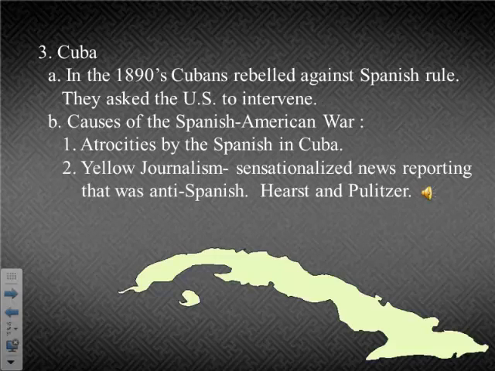Cuba is right off the coast of Florida, and Cuba had been controlled by Spain for hundreds of years, and they were rebelling against Spanish rule. And so they asked the United States, and the United States saw this as a good opportunity to maybe go to war with Spain, because Spain was not the power that it once had been, and for the first time stand up for the Monroe Doctrine, support the Monroe Doctrine. And so the United States in the 1890s entered into the Spanish-American War, and the following are some of the